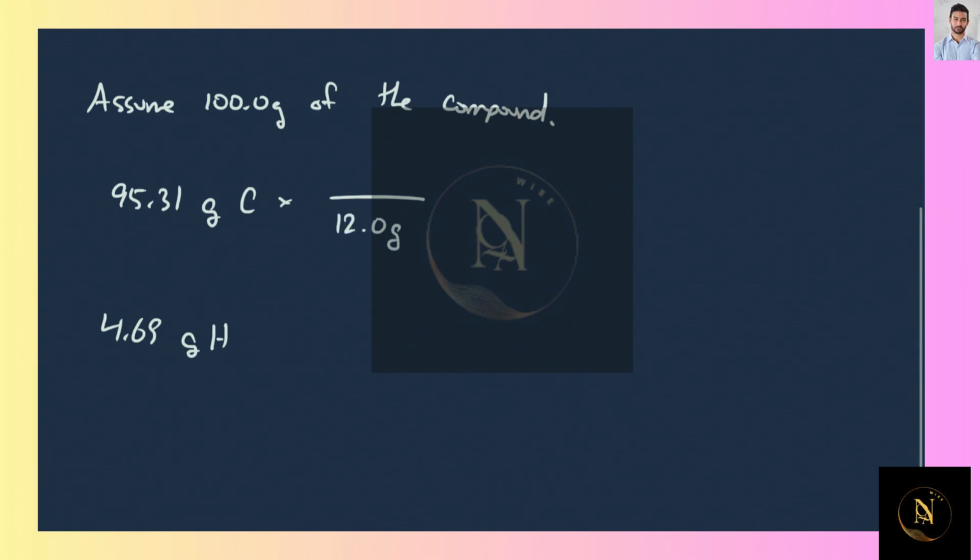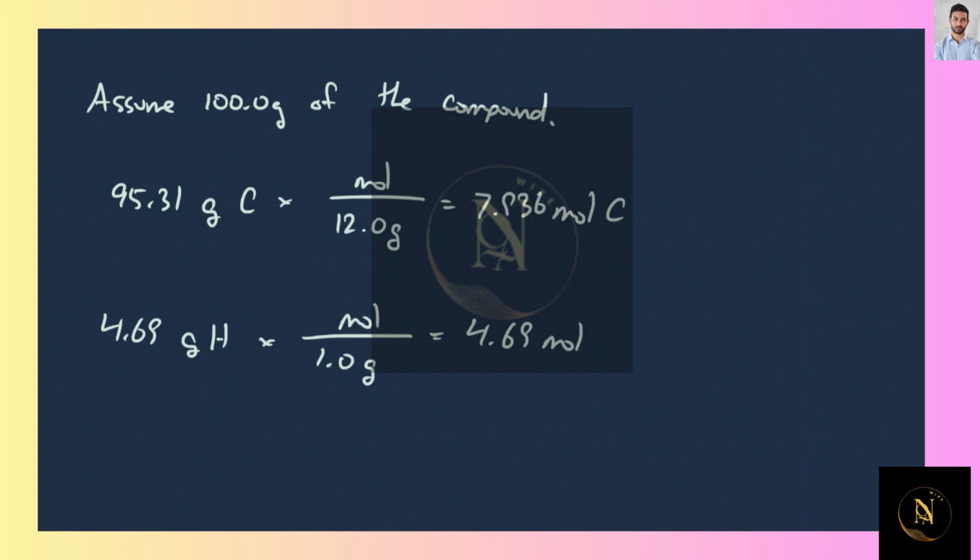Let's convert these to moles, and this will yield 7.936 moles carbon and 4.69 moles hydrogen. Divided by 4.69 would give me 1, and